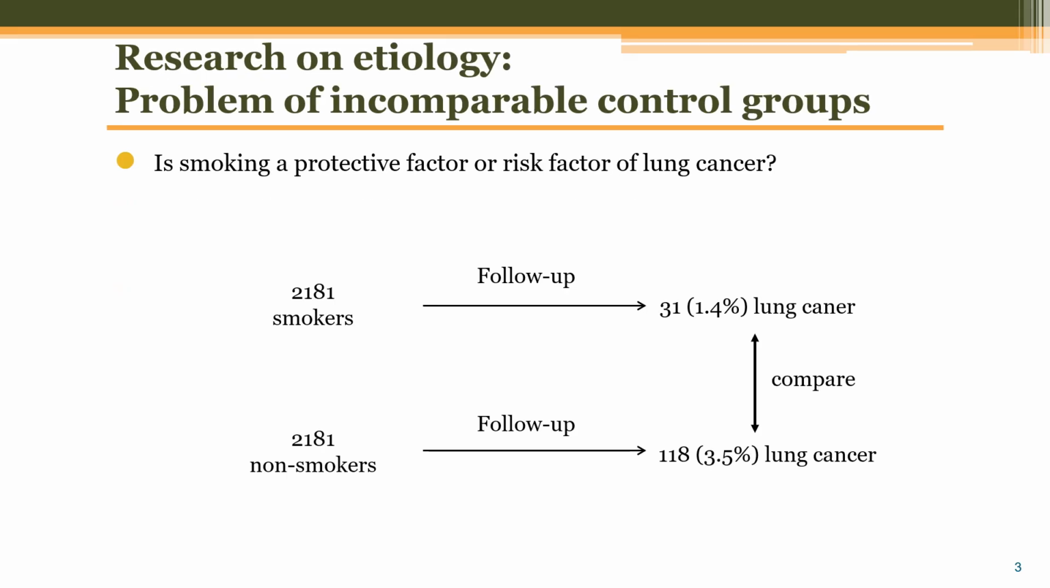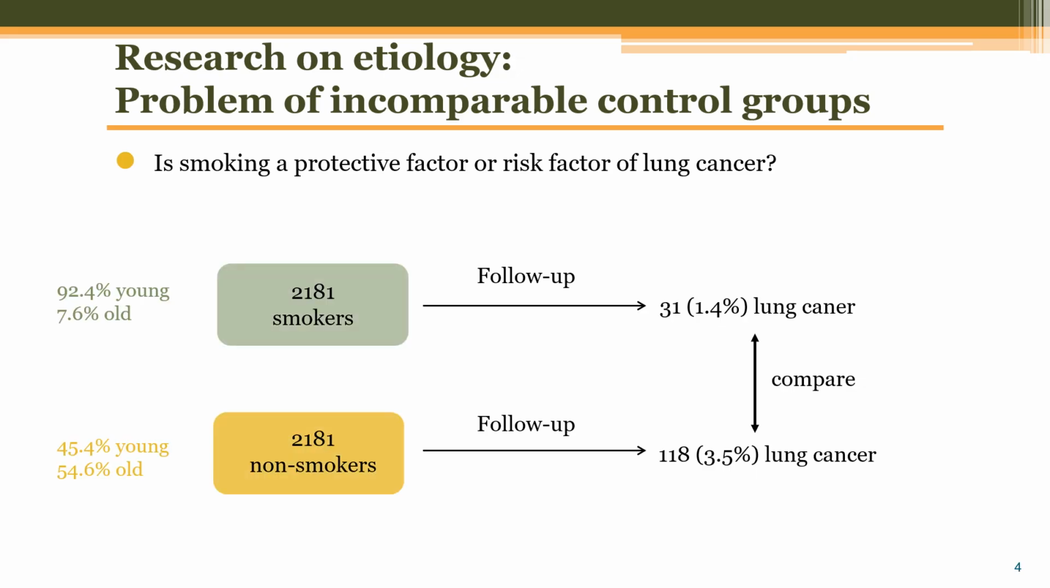So what is confounding? Let's look at a hypothetical example of smoking and lung cancer. Among smokers, the incidence of lung cancer is 1.4%, which is less than half of the 3.5% in non-smokers. At first glance, this seems to suggest that smoking can reduce the risk of lung cancer, which contradicts our common